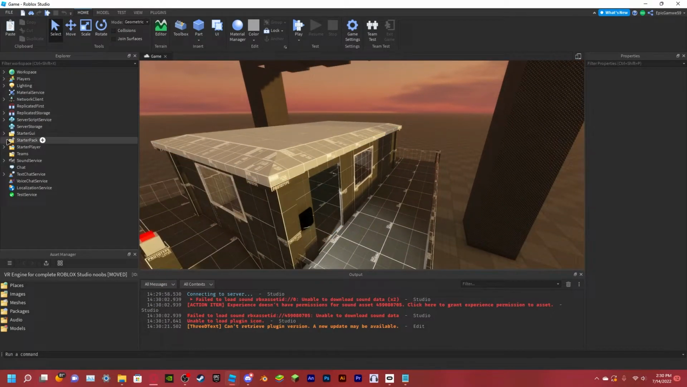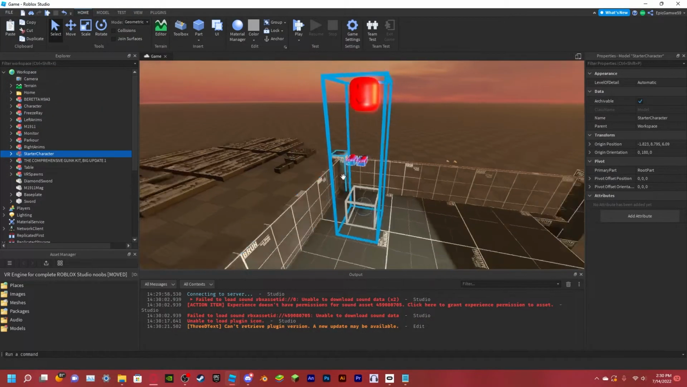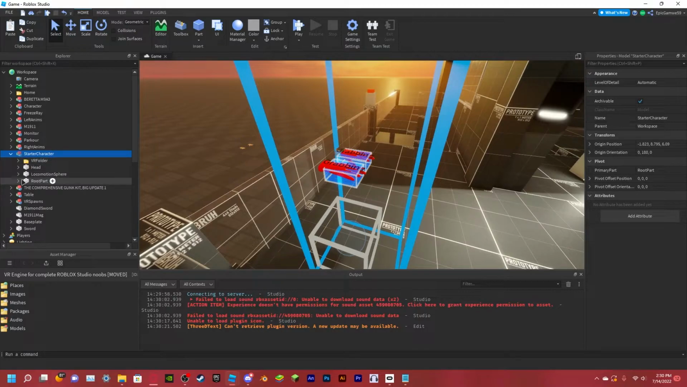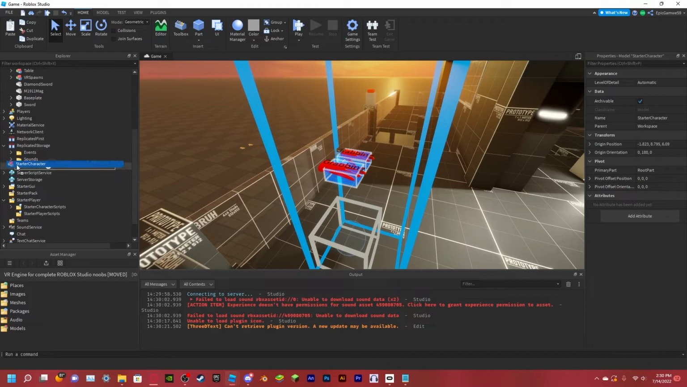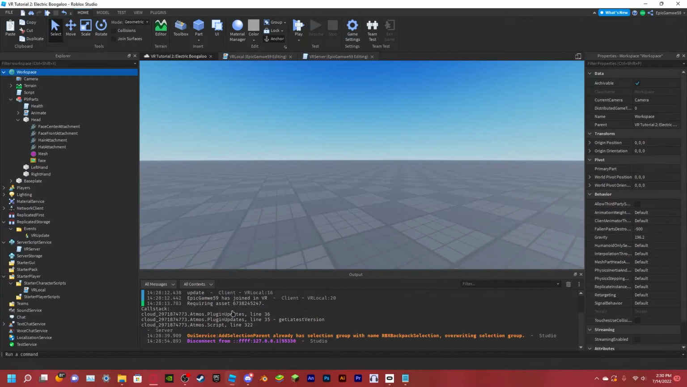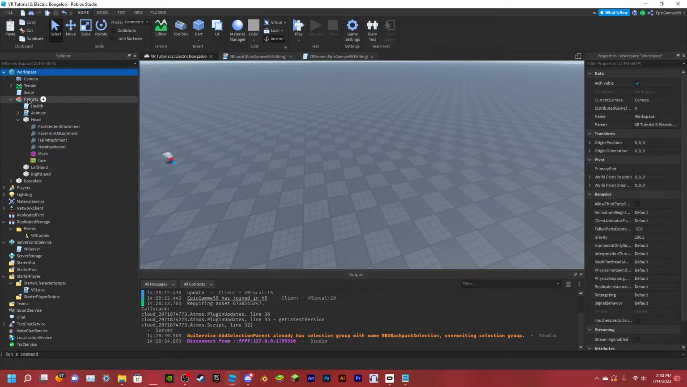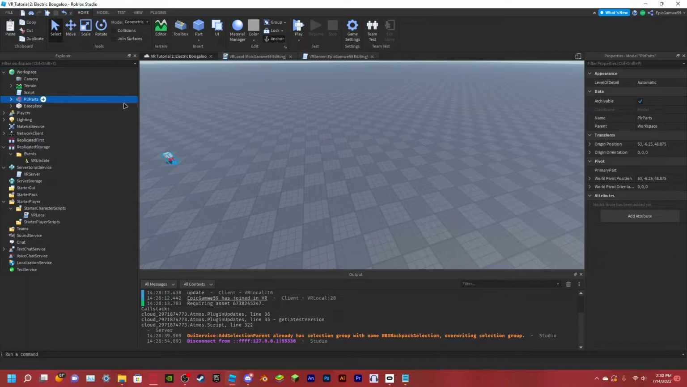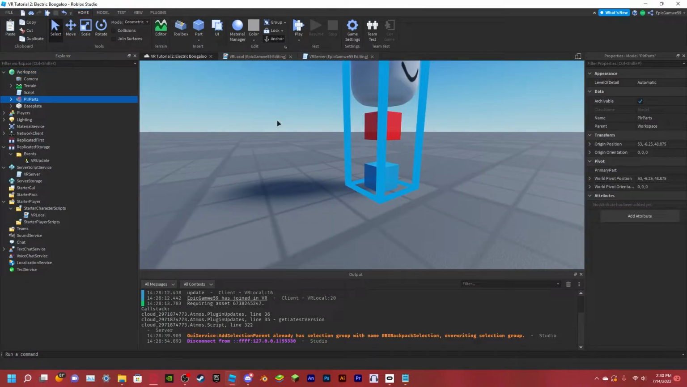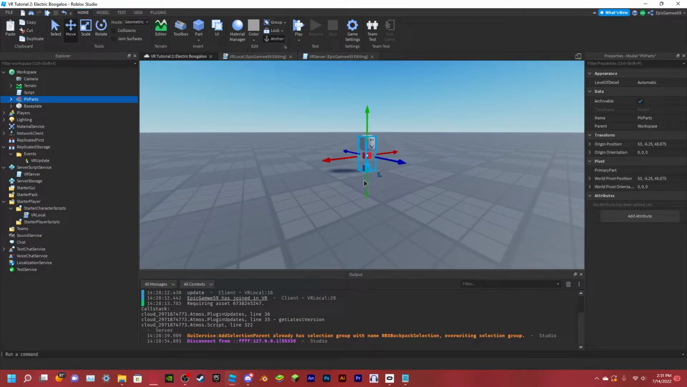Okay, so I have a starter character here. Okay, so look. Here we have a root part. I'm gonna move this back. Okay, so what you're gonna do now is you're gonna look here, and then you're gonna do this up,